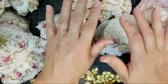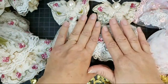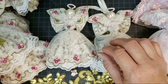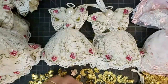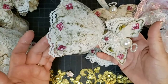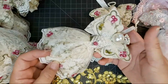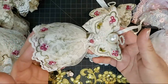And I have the bigger 12-inch angels that I did a lot of last year, and hopefully I'll get to making a couple more large angels too, because those sell well. But that's what I'm doing here, I'm just putting this together. Was there any other questions? I'm not going to tell you exactly what I do. I put a lot of testing and time into these, and these are my main thing I'm going to keep placing in my Etsy shop